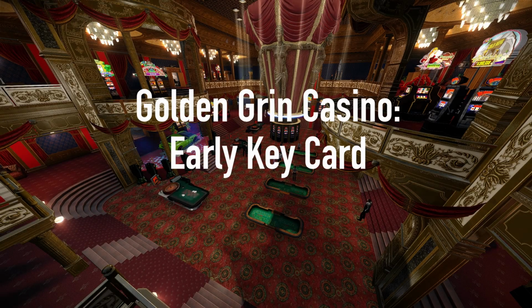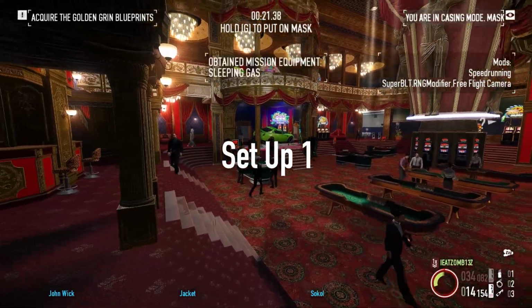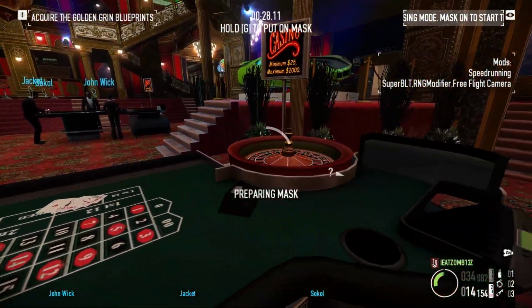Hi guys, it's I Zombies and I'm here to show you the various setups that can be used to perform the keycard sequence break on Golden Grin Casino. So this is the first setup with the pink sieve, which is tied to the left guard. You go to the roulette table just to the left, wait for any sieves to pass, mask up,